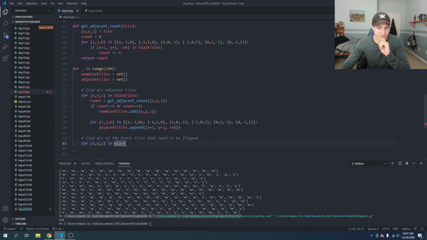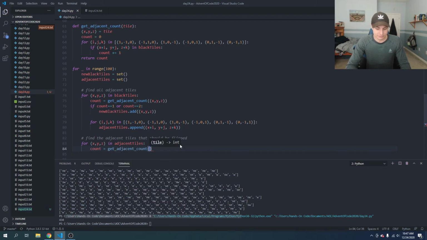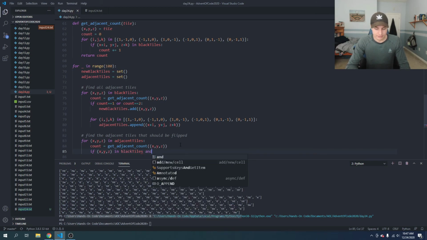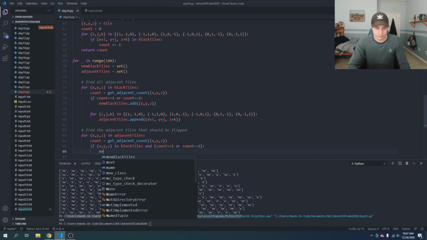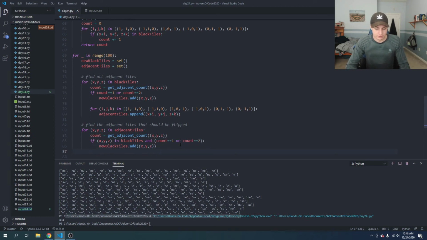So now we will check adjacent tiles. So we're going to change this comment to find the adjacent tiles that should be flipped. For X, Y, Z in adjacent tiles, count is equal to get adjacent count X, Y, Z, and then if X, Y, Z in black tiles and count is equal to 1 or count is equal to 2, new black tiles dot add X, Y, Z, and then we can say